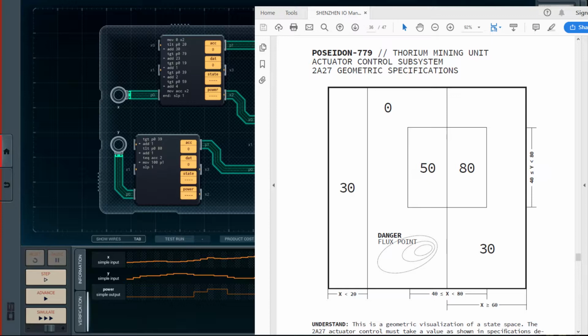Which, if it's 30, then I can just... Can I do that? Why not? Alright. So I've got X in the accumulator. If X is 30, that's not what I want to do. I feel like it'd be easiest to do another test if